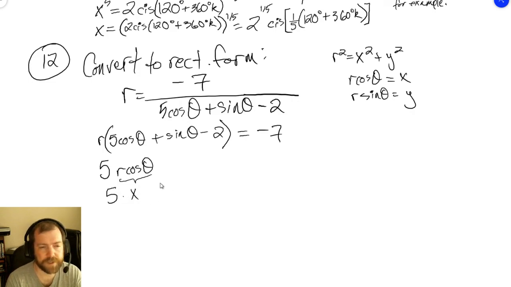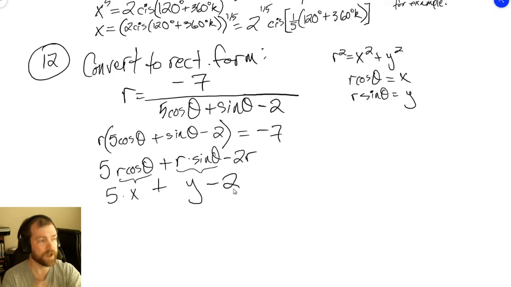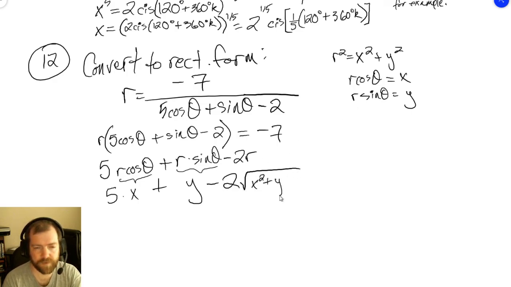So 5 times x plus, this is going to be r times the sine of theta. So there's a y. And here is a minus 2r. This is minus 2, but then r could be found from this one up here. r squared is equal to x squared plus y squared, so therefore r is going to be equal to the square root of all that. Square root of x squared plus y squared